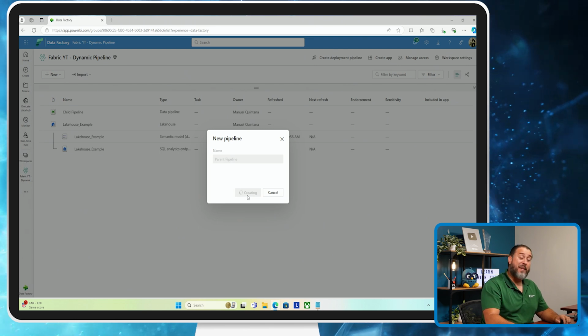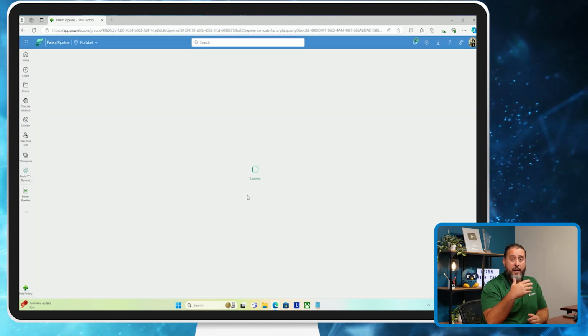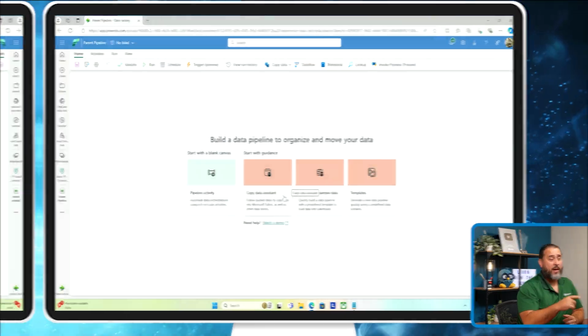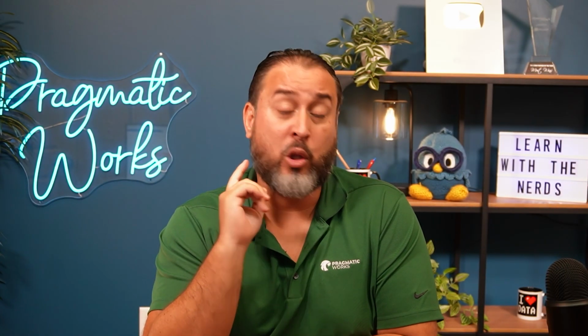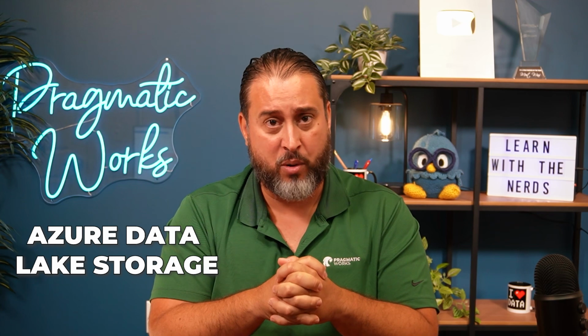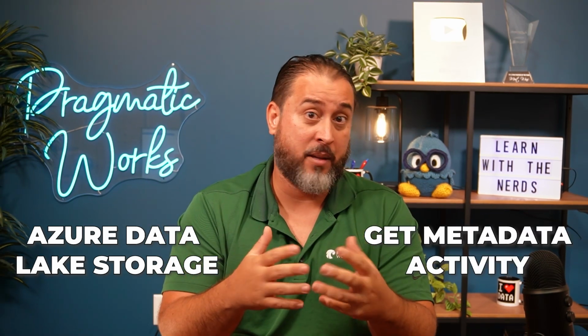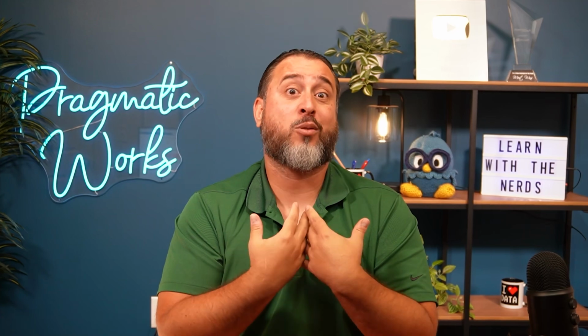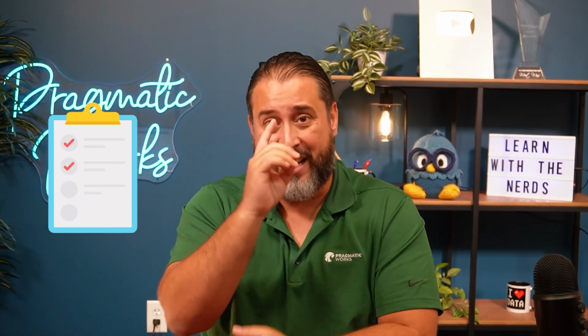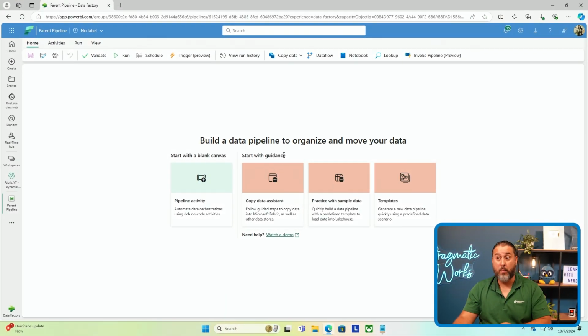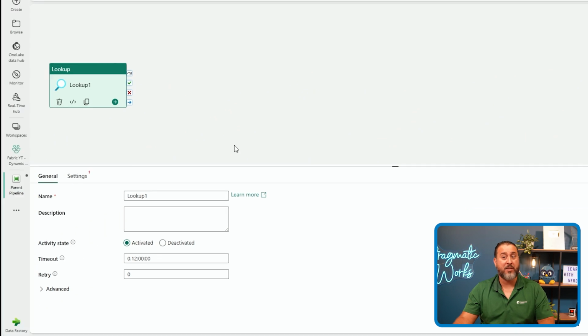And we're going to start with, in this case, because I'm using an Azure SQL database, we're going to go ahead and use an actual lookup activity, right? If you were using something like an Azure Data Lake storage or something of that nature, you could of course switch over and use like a get metadata activity. The point is we need something that allows us to bring back a list of the items that we're interested in. For us, it will be a lookup. So I'm going to go ahead and choose that option in question,